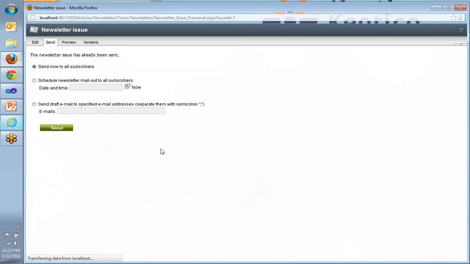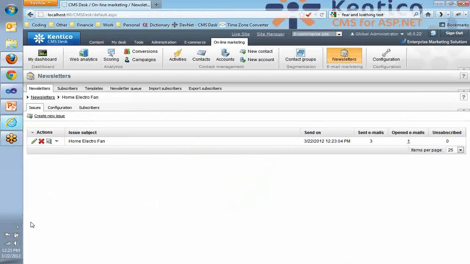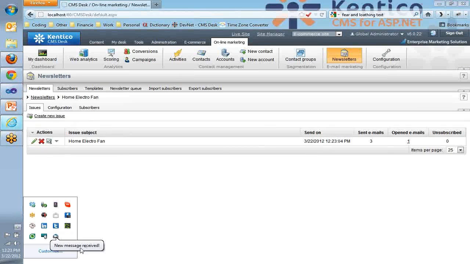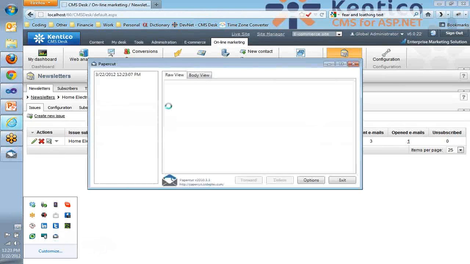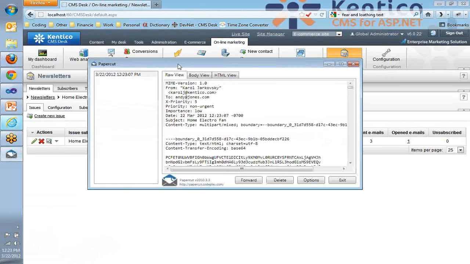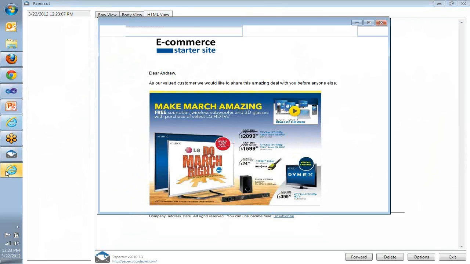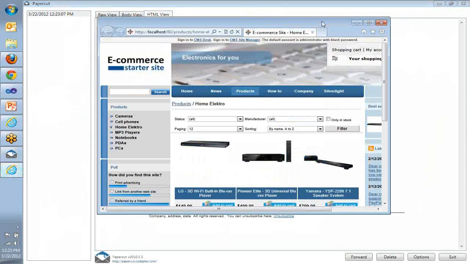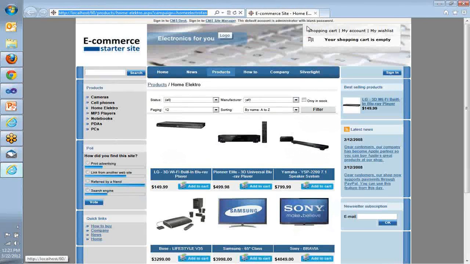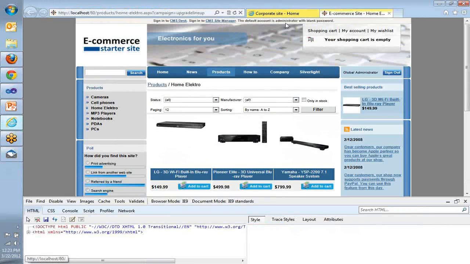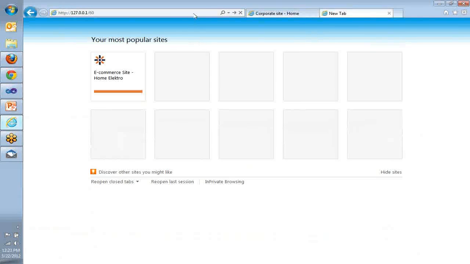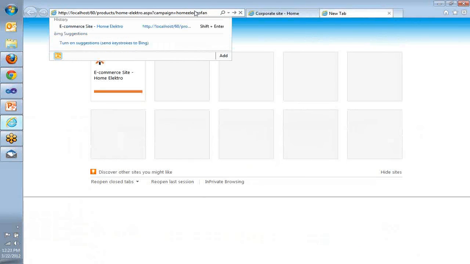I hit send, and in a minute you can see that I received a new message. When we take a look at the new message, you'll see that this is the email with my personalized content. I can click on the link and it will open the target of that link in a new window. If I access that link from the context of a user that doesn't belong to